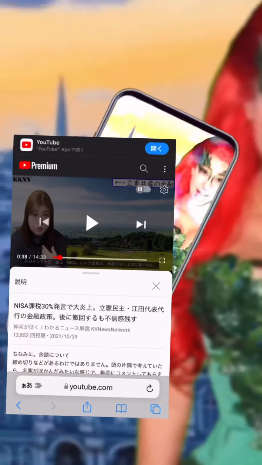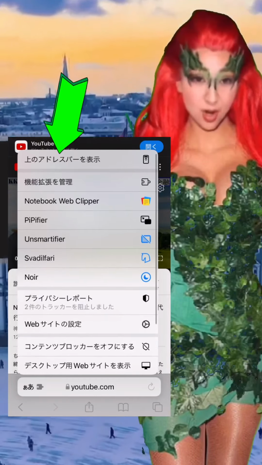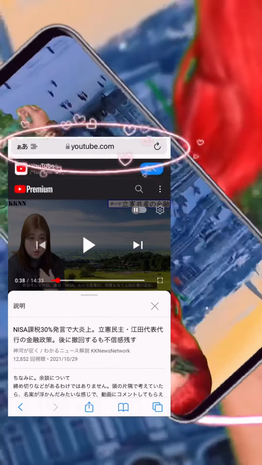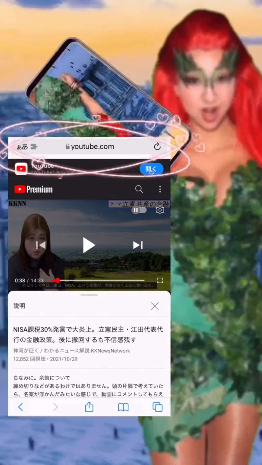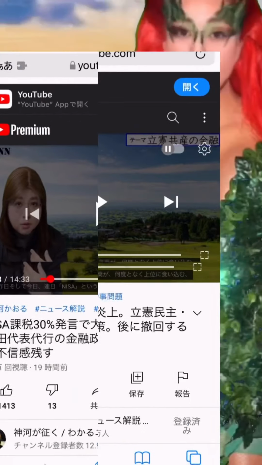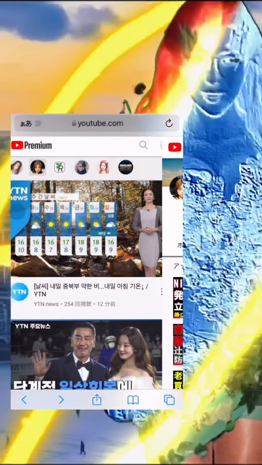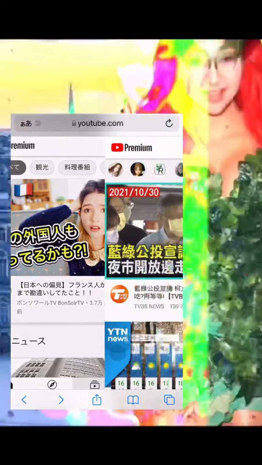Until now, the address bar was displayed at the bottom, but if it is underneath, it is easier to touch by mistake and rather difficult to use. I found that it was easier to use if it was on the upper side as before. Swipe from left to right on the screen to go back one step in particular. I found that the address bar is not inconvenient to use.